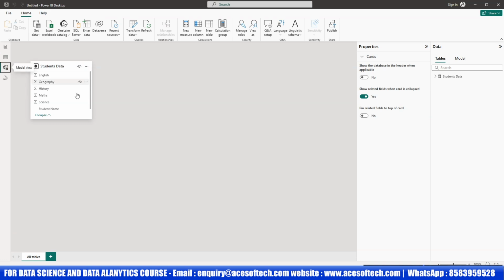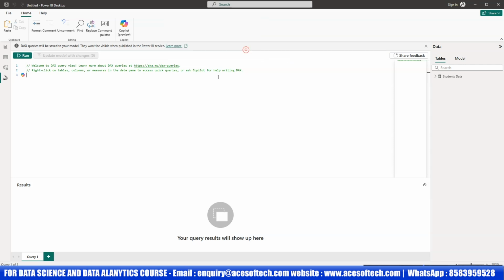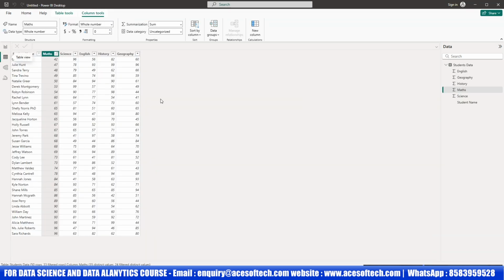One more thing, here you can see table view and relationship view. If you know SQL or any other database, then you might be familiar with this. These are the fields and this is a table. And of course this one is for creating a dashboard chart. We will see that later, but for the timing it's enough to show you how you can import any Excel data here. So that's it guys in this chapter. In the next chapter I will show you how you can import MySQL data into Power BI